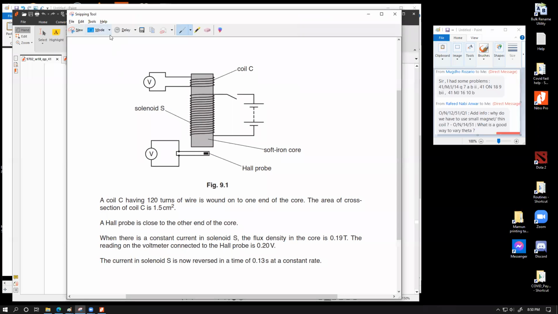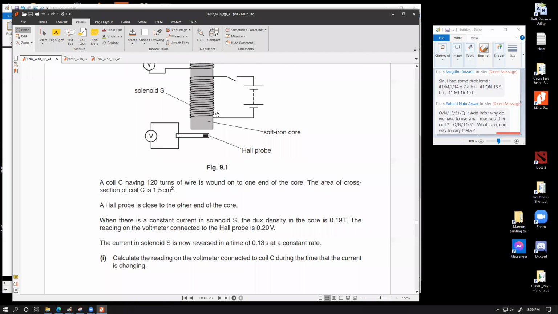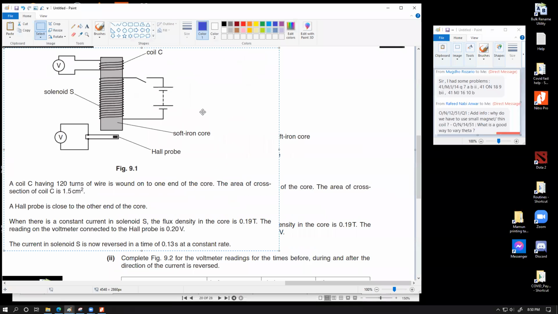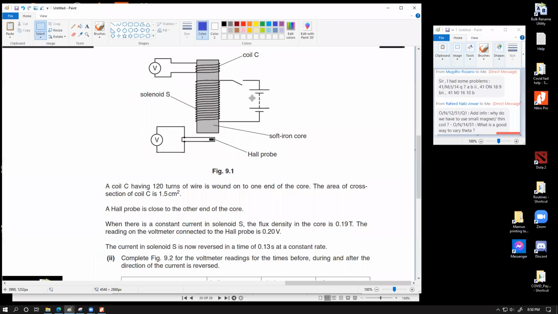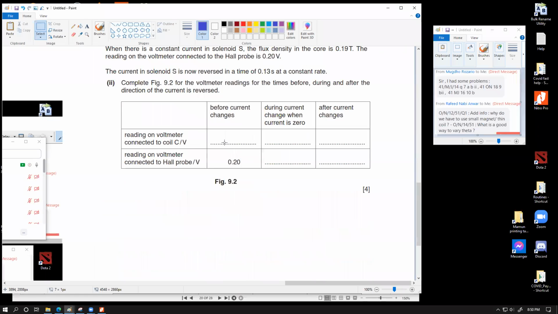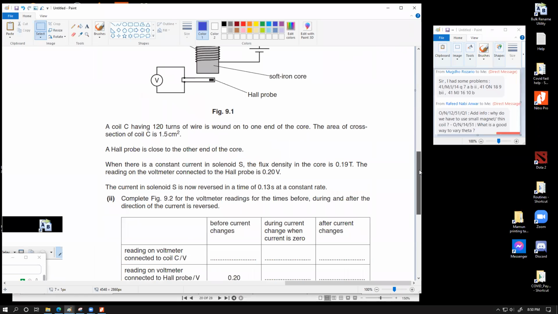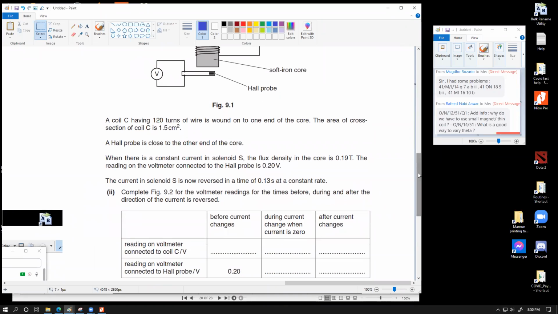All right. Now it's fine. So, complete figure 9.2 for the voltmeter readings for the times before, during, and after the duration of the current being reversed. So before the current changes, during, on the voltmeter. So when the